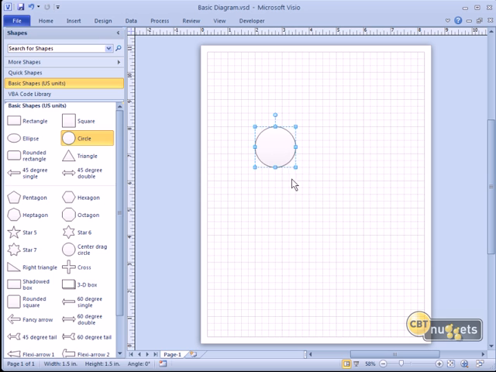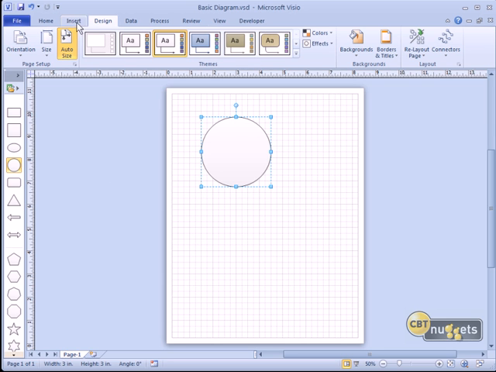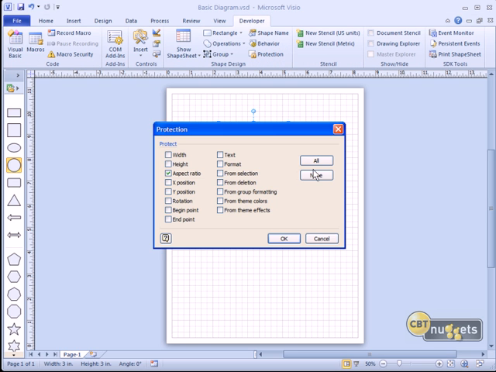So I'm going to bring out a representative shape. I'm going to bring out a circle, and I'm going to do some initial surgery on it, just basically to make it as malleable as possible for our purposes. I'm going to select the shape and remove any theming from the design theme area. I'm going to come over to Developer Protection and remove all protection constraints by clicking None.